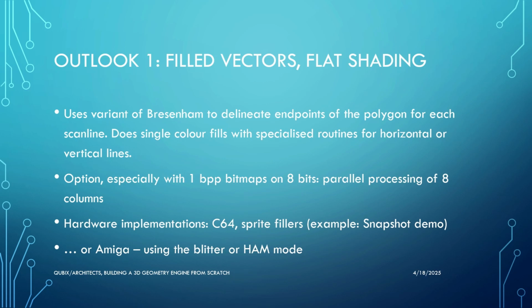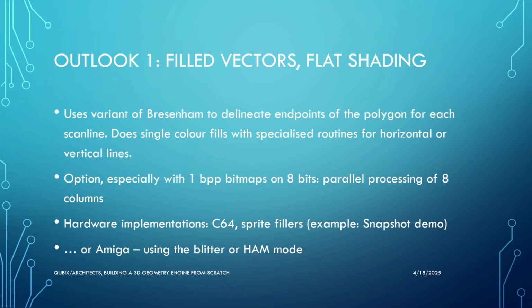What we can do with 1 bit per pixel bitmaps is parallel processing. Those are the so-called AO fillers. And we can even use the hardware for this. On the C64, for example, sprite fillers are possible, and these are prominently shown, for example, in the snapshot demo. And on the Amiga, there's of course the blitter inside that has a fill mode